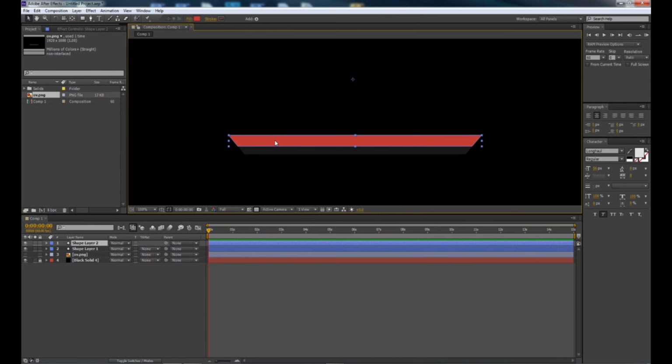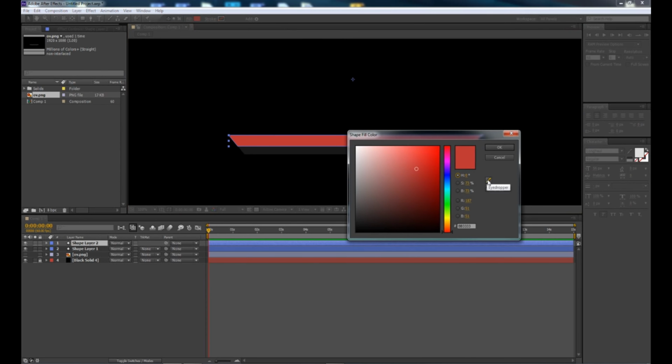If yours is not the same color as before, simply select this shape right here, or select the actual layer itself, and go to the fill up here. You can select the eyedropper tool, which is located within the color picker. You can see wherever you move your mouse is where it's going to sample. So if I select on this canvas that we're working on, and I select the same exact gray that we used for the first little shape here, just like so,